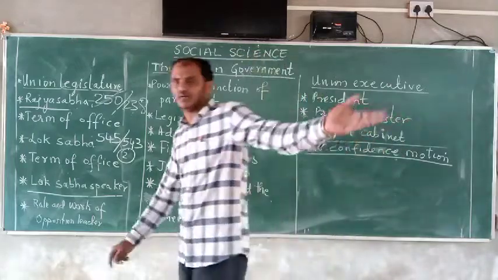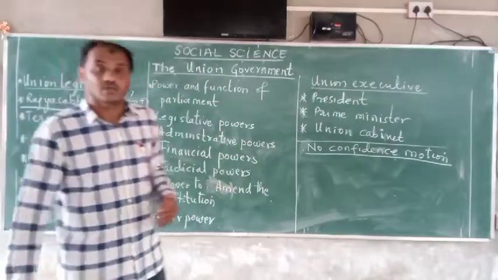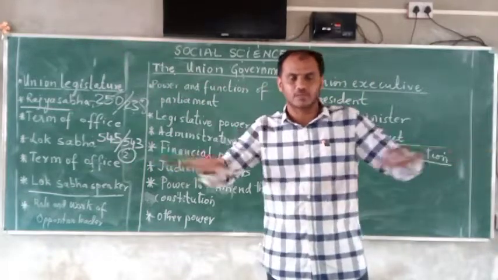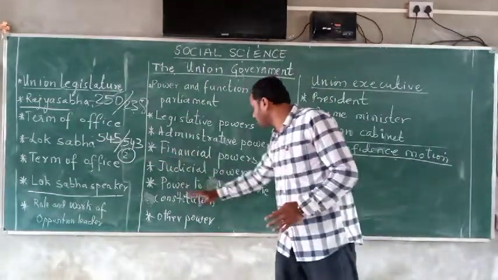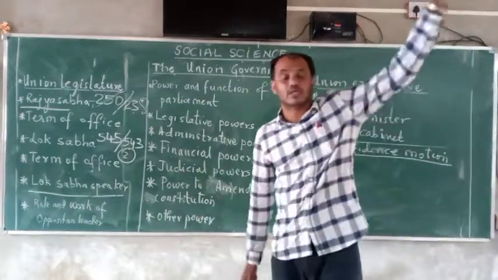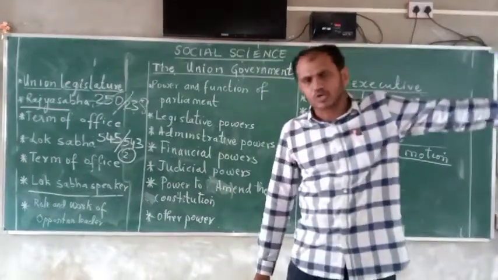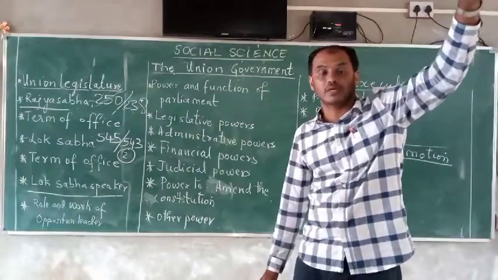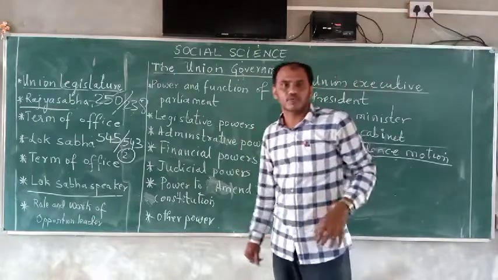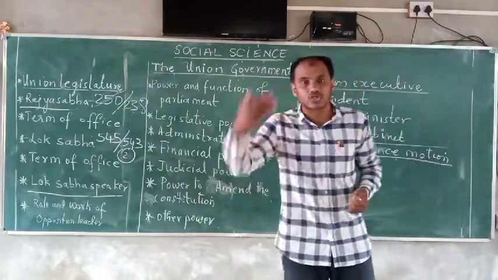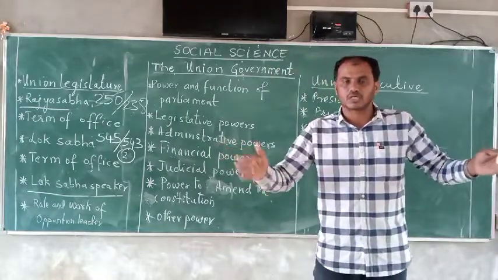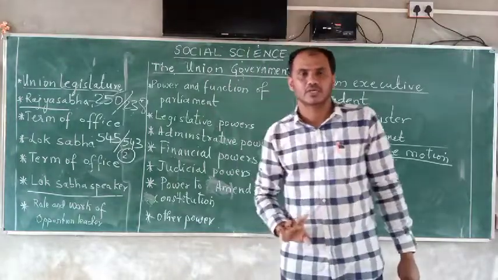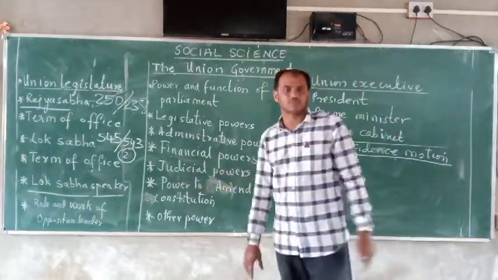So I think one year back, there was the abrogation of Article 370. You know the abrogation. That is the best example for the power to amend the constitution. Article 370 had been put in place in J&K, Jammu and Kashmir, through the constitution. After 70 years, through amending the constitution, Article 370 has been removed from Jammu and Kashmir. So it is one of the best examples of the power to amend the constitution.